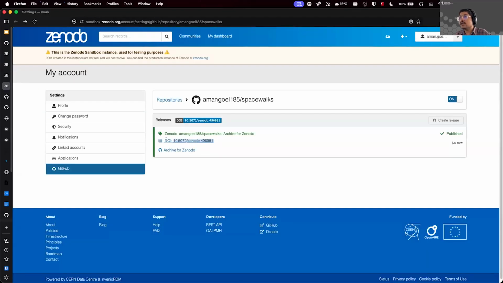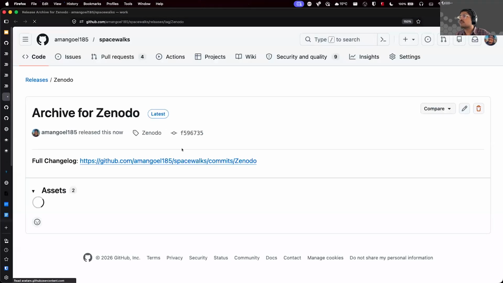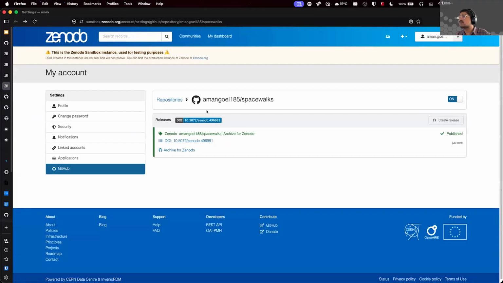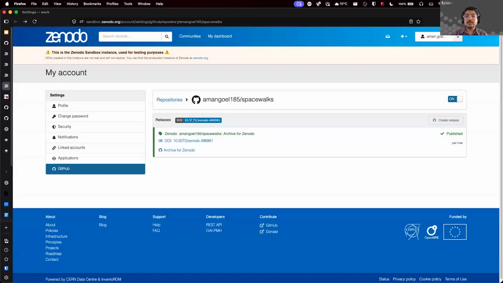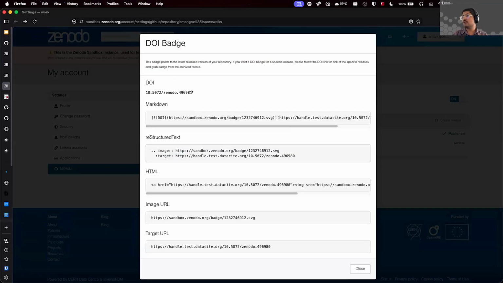But essentially, again, this is a unique identifier. What do I click on to archive first? Let's see. I'll give it a couple of minutes, but basically it gives us a DOI,